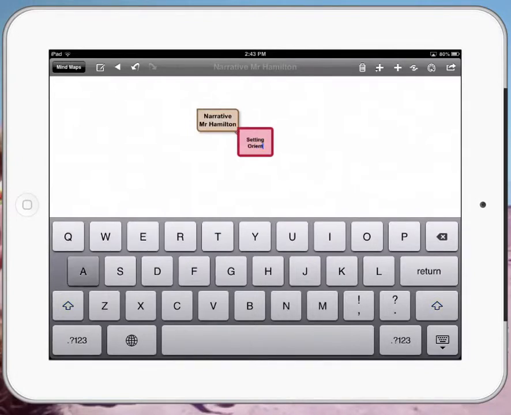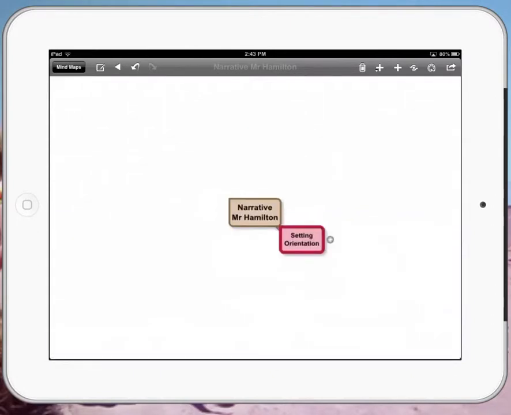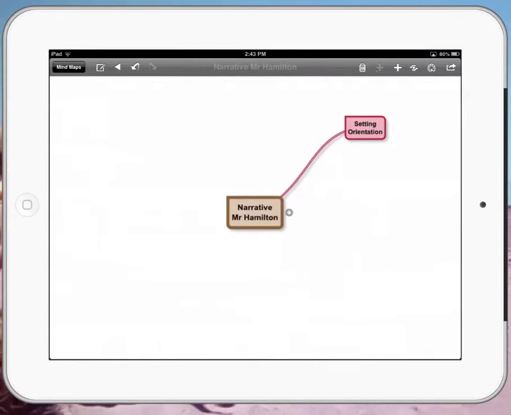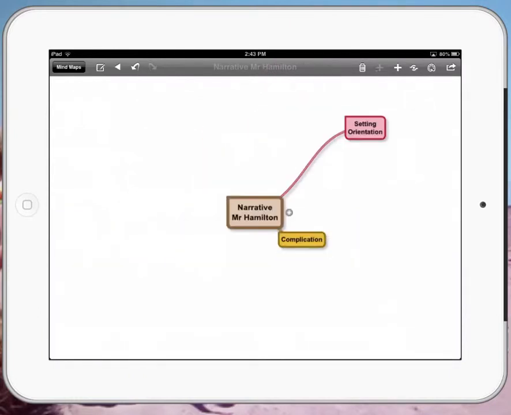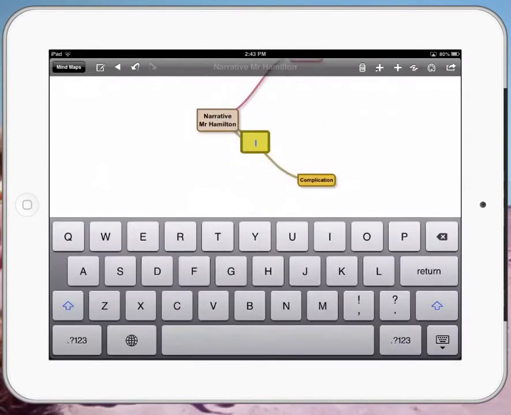and then I'll touch on the side of the page. I'll give that plenty of room. I'll touch back on my middle concept, my main concept there, and hit my plus as well. And I might create here my complication, which is the next part of our structure. And I'll do the same thing again, I'll just move that over there, and finally our resolution